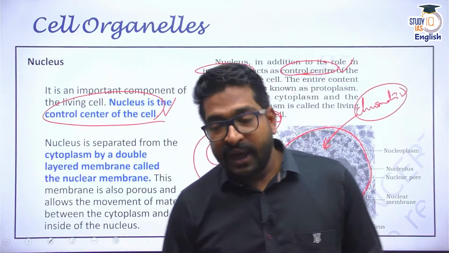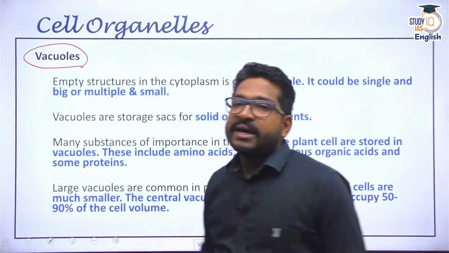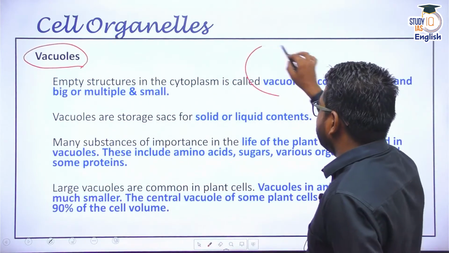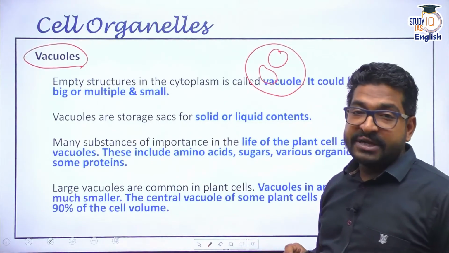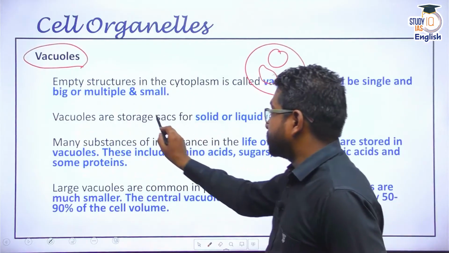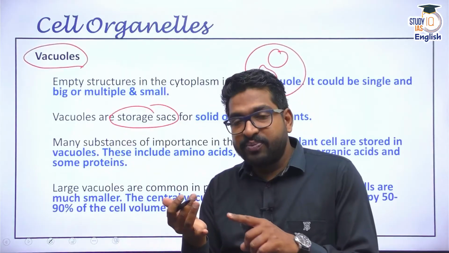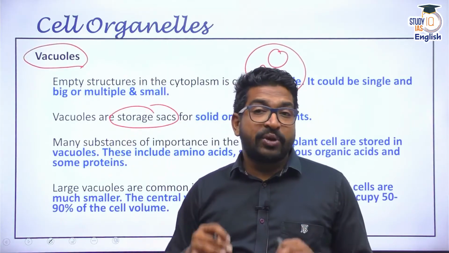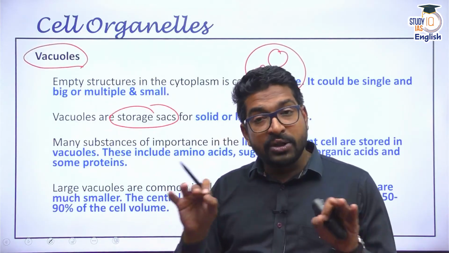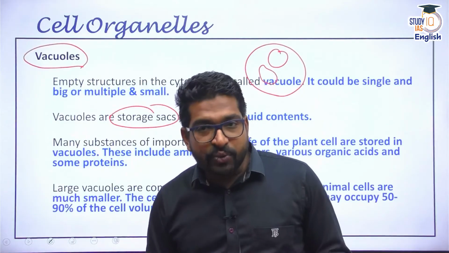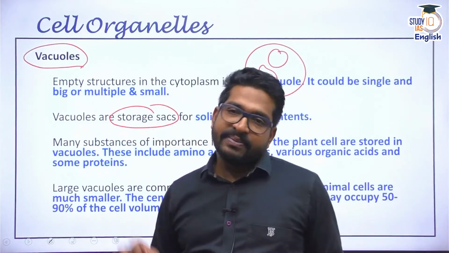All right. Apart from these, these cells also have vacuoles. Now these vacuoles are empty spaces in a cell. As I told you, if there is a cell like this, there is a nucleus, there are big vacuoles inside a cell. These vacuoles are empty spaces which are spaces for storage. They are storage sacks. And what do they store? They store solids, they store carbohydrates, fats, lipids, etc. They also store liquids. It can be used for storing of water. They also help in gas exchange. They also help in storage of waste material. So vacuoles are like storage sacks in a cell which can store solid, liquid, gaseous material.